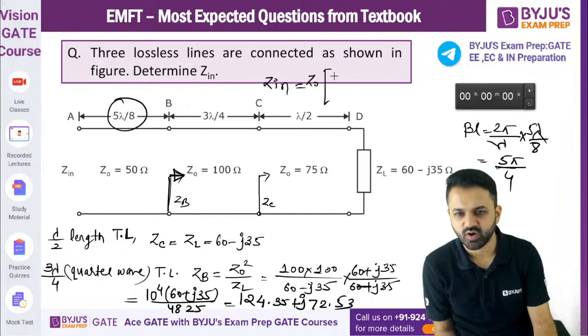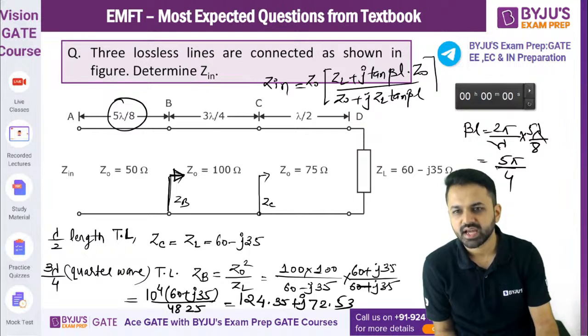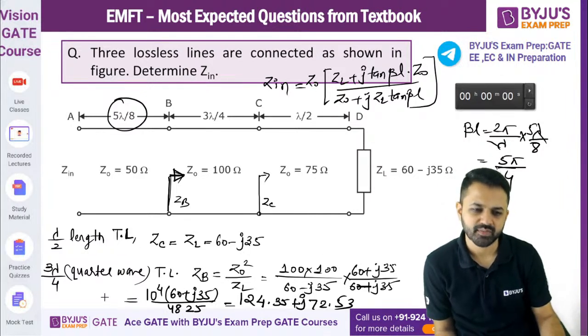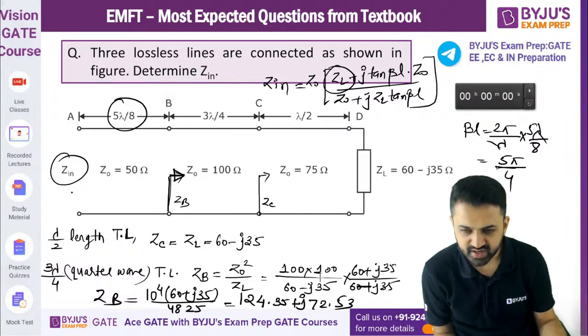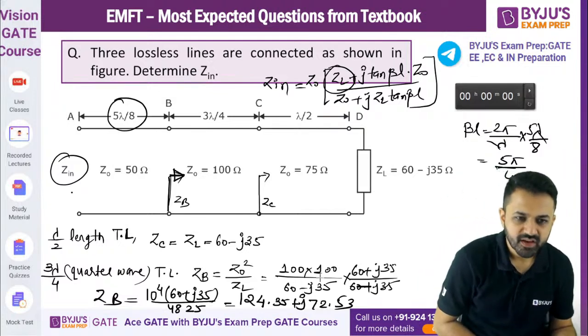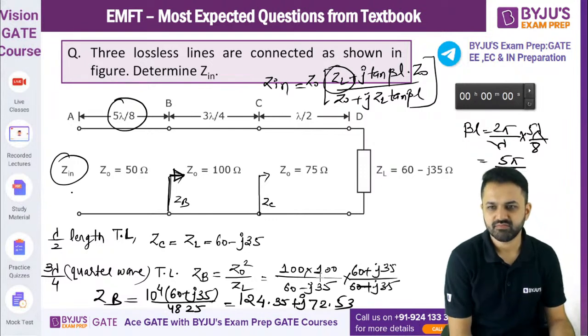वो हो गया Z0 इंटू ZL प्लस J tan बीटा L डिवाइडेड बाय Z0 प्लस J ZL tan बीटा L। ठीक है, तो इसमें सब्स्टिट्यूट कर देंगे, लोड आ गया हमारा ये वाला ZB, तो ZB हमारा इस पे लोड का काम करेगा और कैरेक्टरिस्टिक इम्पीडेंस ये है, और Zin हमको कैलकुलेट, tan बीटा L कैसे आएगा? 5 लैम्डा बाय 8 है ना।